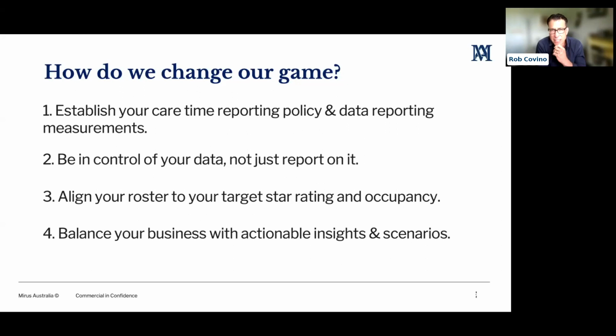Because the last thing we want to do is have to rely on an exorbitant amount of agency hourly rates to fill some of those voids, because with the capped mechanism now, margin is capped on the government entitlements that the taxpayers are funding for the industry to look after these residents. So we have to be quite aware of that and really optimize that element to give the best outcome to our residents.